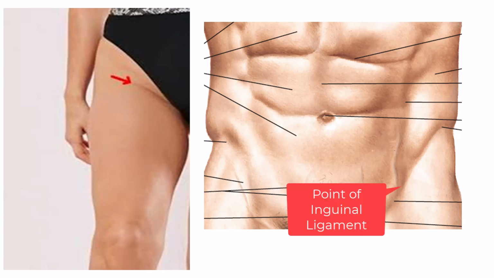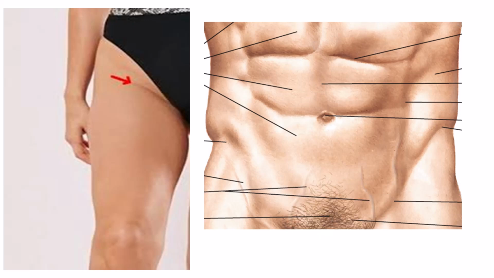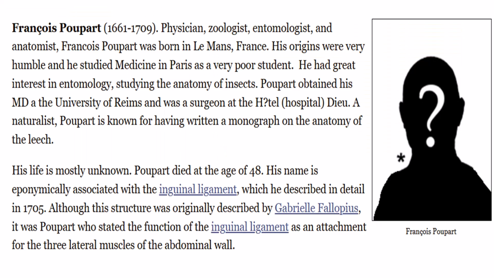Before I cover the detailed anatomy of the inguinal canal, it's important to have knowledge about the inguinal ligament. Historically, the inguinal ligament is also named Poupart's ligament, named after a French surgeon, Francois Poupart. As you can see here, the history is given on this slide, so you can read. We will see the ligament later on. It forms the floor of this tunnel, the inguinal canal. So the inguinal ligament is going to form the floor of the inguinal canal.